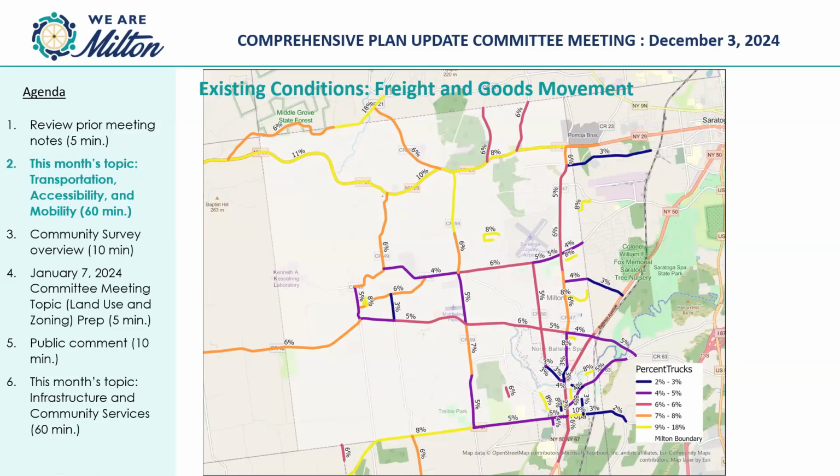So one of the things this allows is some federal funding, and there's a priority from a regional and even state level planning standpoint for those facilities identified on the freight network. If it's 15% truck trips per day, you can see that there are parts of the town that do come close to that. They don't necessarily hit that threshold, but there are some roads with still significant truck traffic on them.